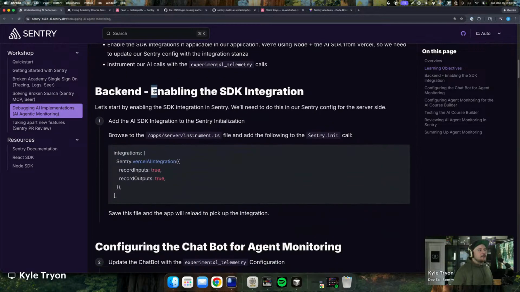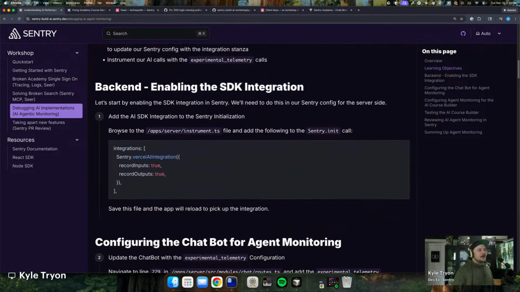So backend, enabling the SDK integration. We're going to browse to app server and then instrument.ts, and we're going to look inside the Sentry init call, and there's going to be an integrations array. And inside there, we're going to put the Sentry.Vercel